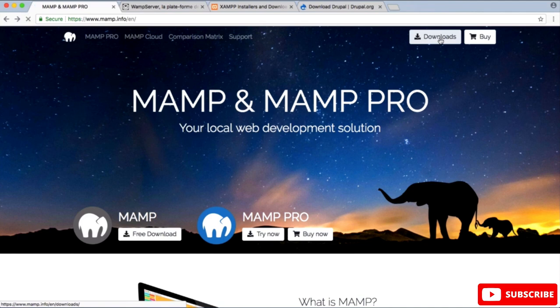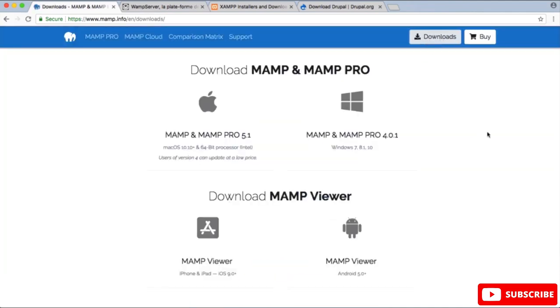So just click on that. And if you're using Windows, then you can click over here. And if you're using a Mac computer, then you can click over here and it will start the download process. And just go ahead and install it after downloading it. Also, I'm not going to show you the installation process because it will be a waste of time, and I don't want to waste your time. It is really not hard to install MAMP. It will take a couple of clicks and there you go. There you have MAMP in your computer.